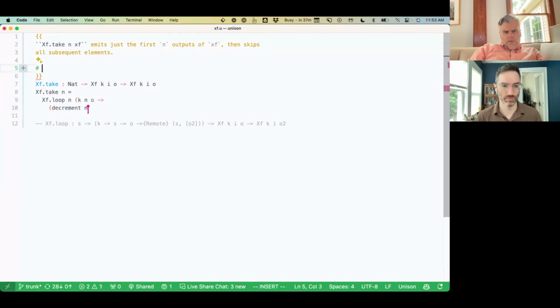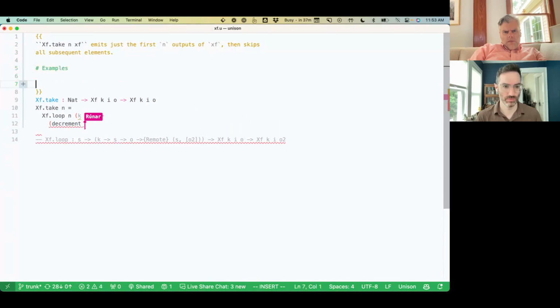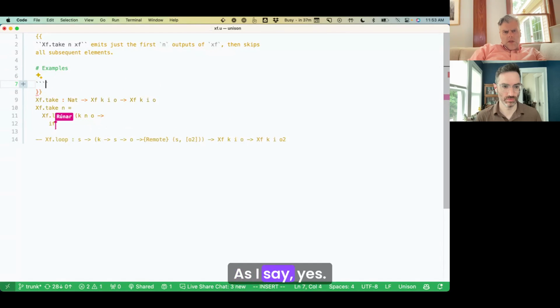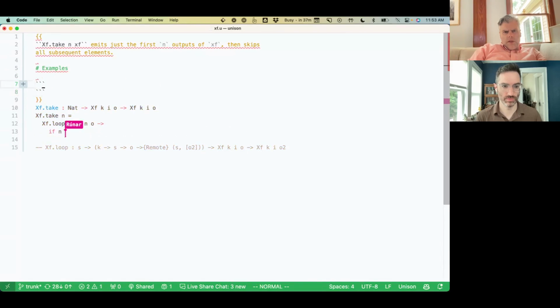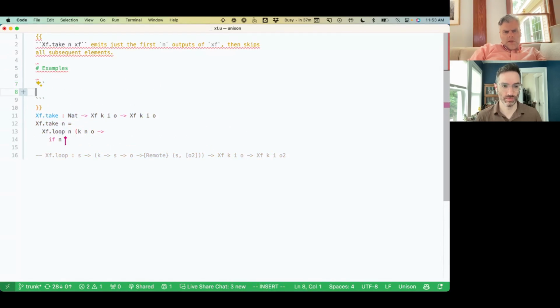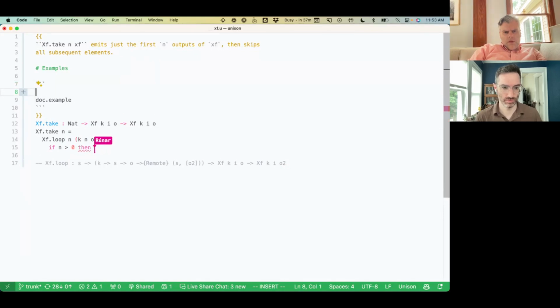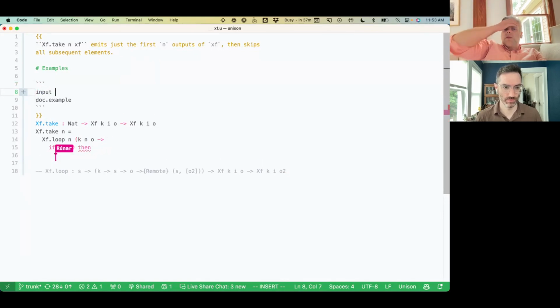I guess I'll say if n is greater than 0, then decrement n.